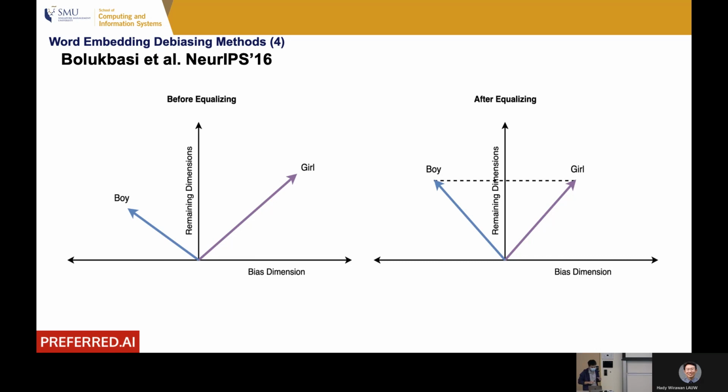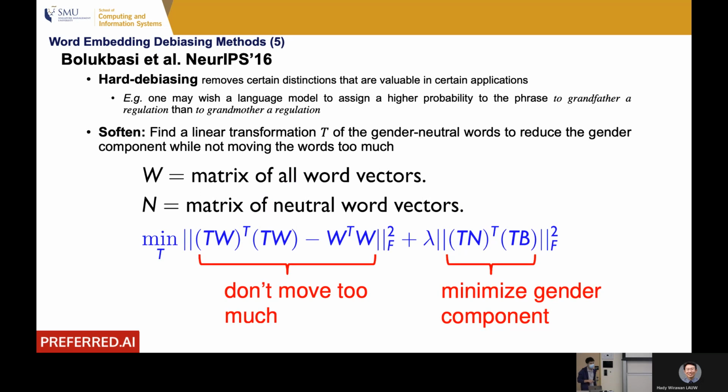However, when equalizing, we can see that boy and girl have an equal distance to the non-gender bias dimensions. However, in natural language, there are some words that, although they have an equal distance to the non-gender bias dimensions, need to be gendered in some collocations. For example, in natural language there is the collocation grandfather regulations rather than grandmother regulations. So in this context, we need the word grandfather rather than grandmother. Therefore,